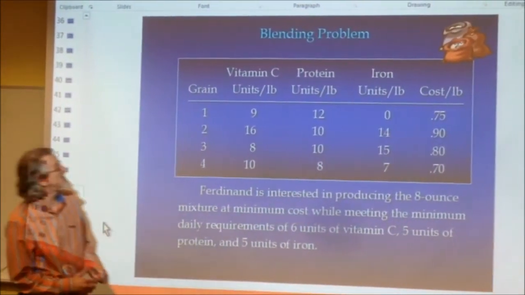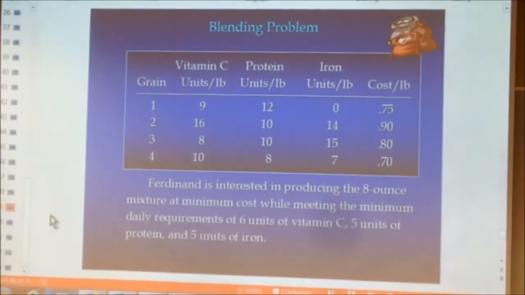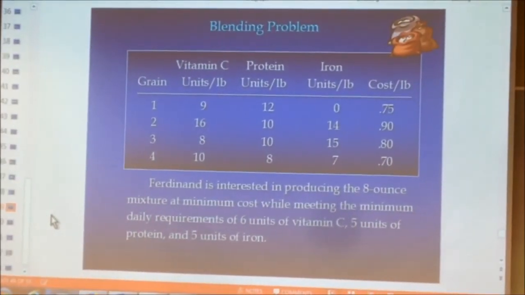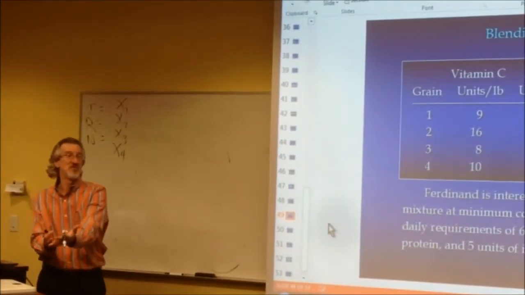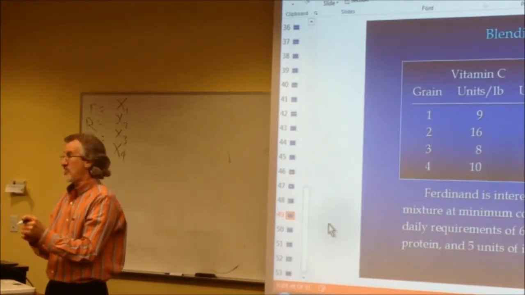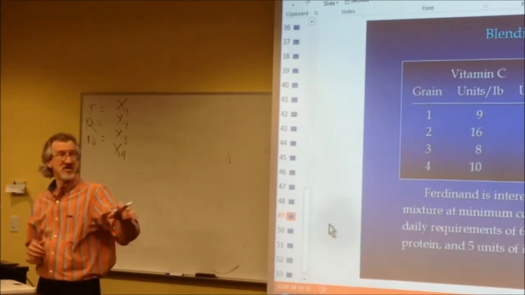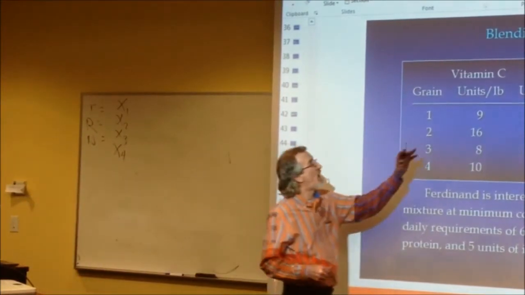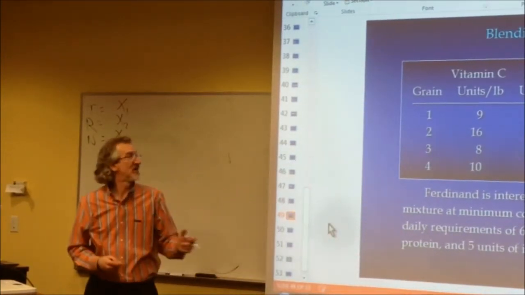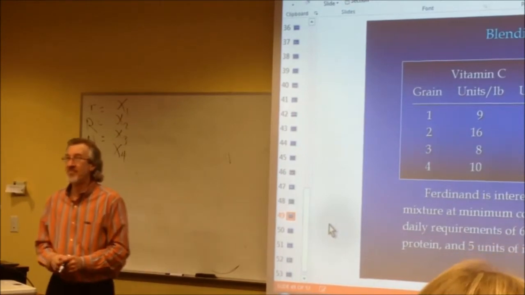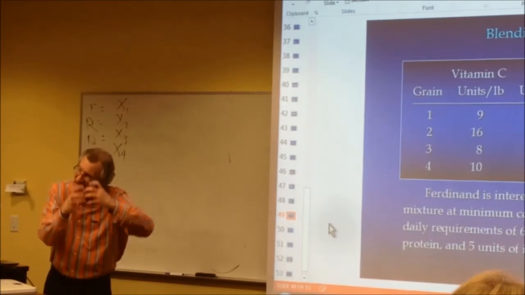I haven't seen this in so long, I'm trying to remember here. Let's start with what is our objective function? Oh, I'm sorry, here are the variables. X1, X2, X3, X4, the numbers represent the grain that's going to be used. This is all about what we're setting those little dials at, how much grain is going to be put into each one, and it's in pounds. Like one could be 0.5, meaning a half, well it can't be because the whole bag's a half a pound. Because all of that's in pounds up there, and we're only putting together an 8 ounce bag, which is